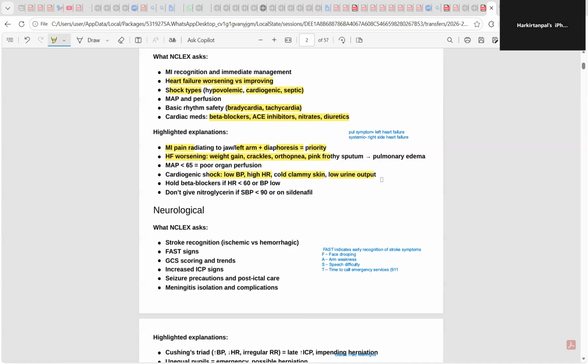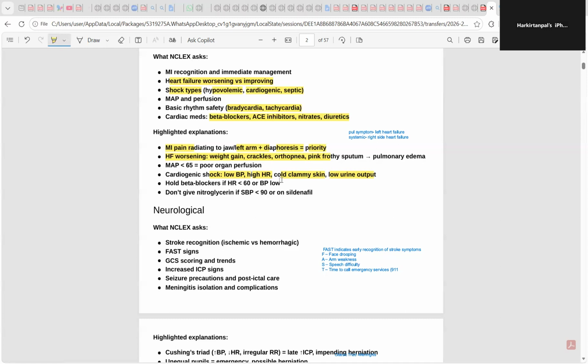That means low urine output. So these are the important points you have to look for if you are getting a question with shock. Mainly focus on BP, tachycardia, cool and clammy skin,